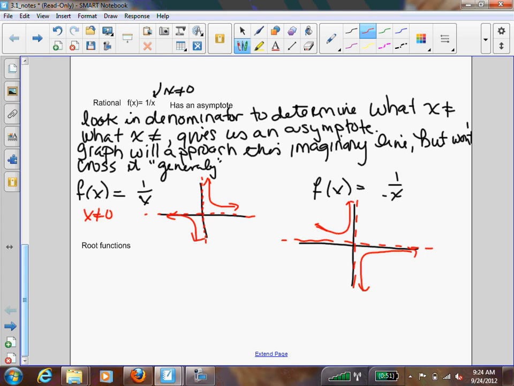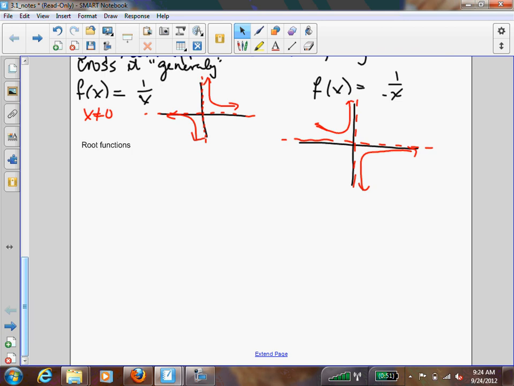Because when I plug in a value, if I plug in a positive value for x into this, won't I get a negative value for y? And if I plug in a negative value for x, won't I always get a positive value? Okay. All right, the last one that you want to recognize are your root functions, and there's 2 of them